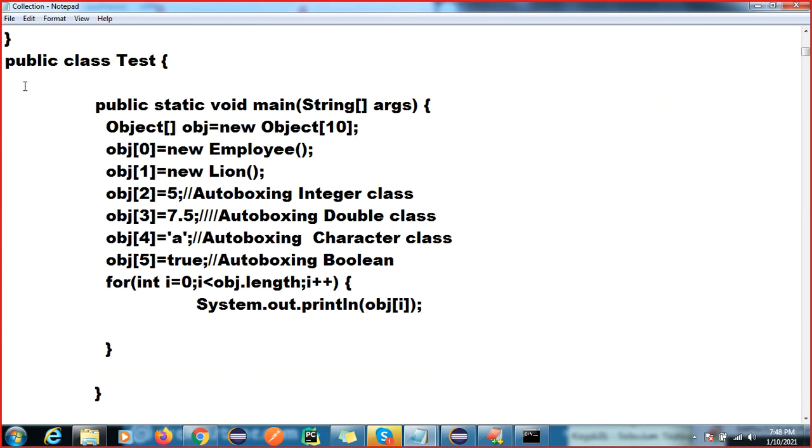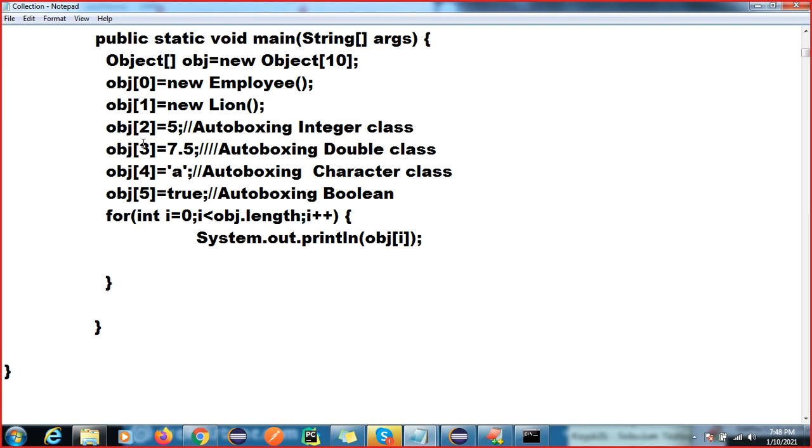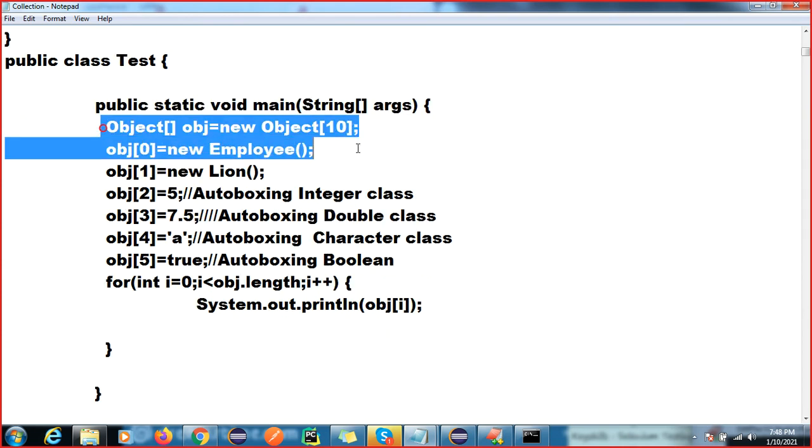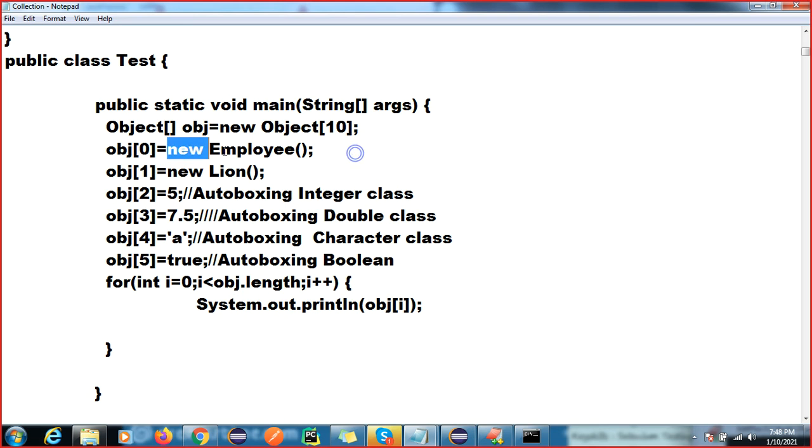So this is the one code. You can store values like this. Here I am going to store an Employee class, a String class, an Integer class, and also double type, char type, and boolean type. So we can store any type by using the Object class.